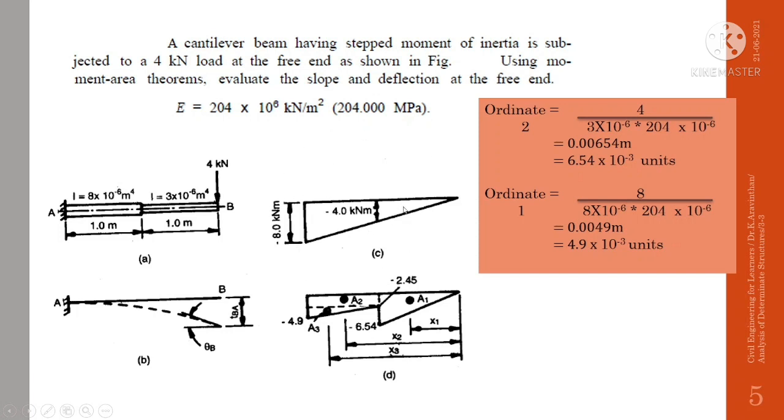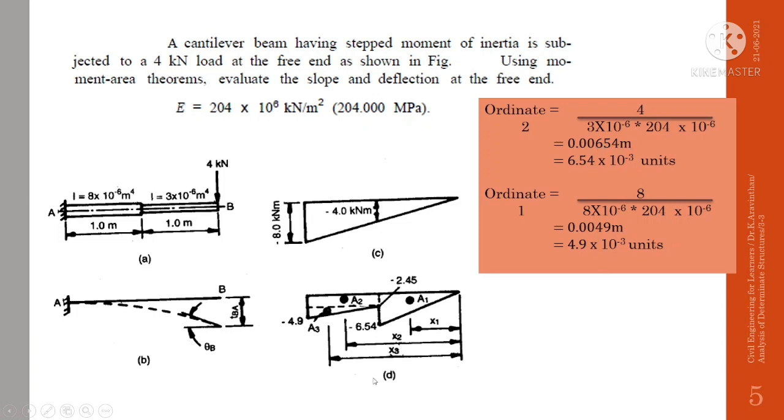After that, you have to make another drawing. So here we have not introduced EI. If you divide at this junction point 4 by EI, you can consider from the center point to B there is no change of moment of inertia. Hence you can take this as 4 by EI. EI is given here as E is 204 into 10 power 6 kilonewton per meter square, and I is given as 3 into 10 power minus 6. So if you divide 4 by EI, you will be getting an answer of